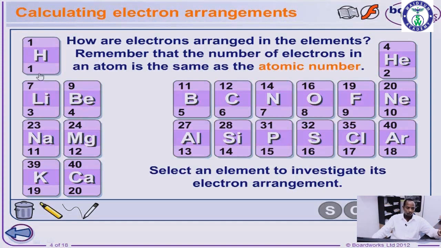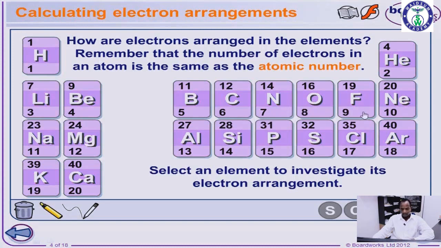So if the atomic number is 1, then therefore the number of electrons is 1. And therefore helium, what's the number of electrons we have? As we can see here, because the atomic number is 2, then the number of electrons is 2. And so on and so forth. So this is how they've been arranged according to the atomic number, which is also equal to the number of electrons. 1, 2, helium is 2, lithium is 3, beryllium is 4, boron is 5, carbon is 6, nitrogen is